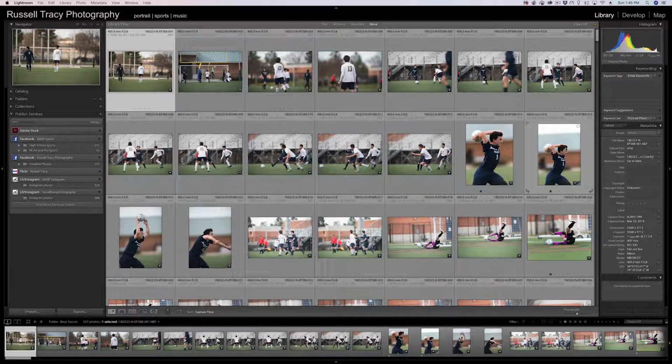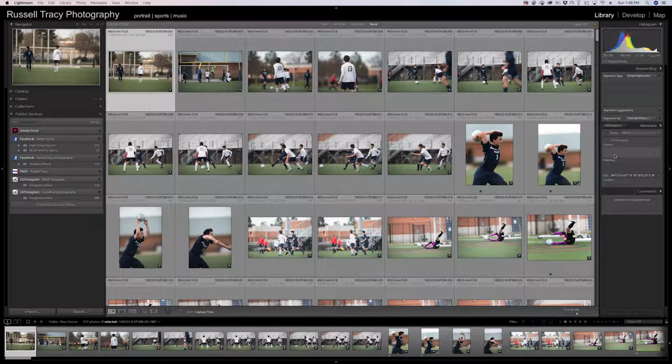Now, moving on to the right side, I've got a bunch of different metadata fields that I can look at. So if I go to default, I can look at different captions. So if these photos were captioned, I can see the captions here. I can edit the captions. I can see all the camera data here. For the Lightroom plugin, I can add captions to Lightroom and hashtags and stuff like that directly to the photo